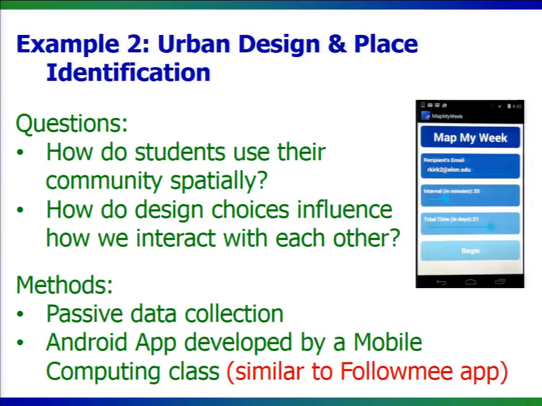Second example, urban design and place identification. So this is how do we use our local communities individually? Where do we go? What places do we identify with? How does that inform our social interactions and our social divisions in our communities? So I worked with a computing science professor who teaches a mobile computing class, and his class created an app